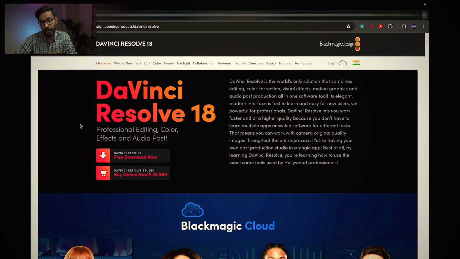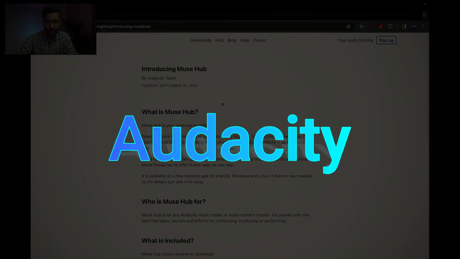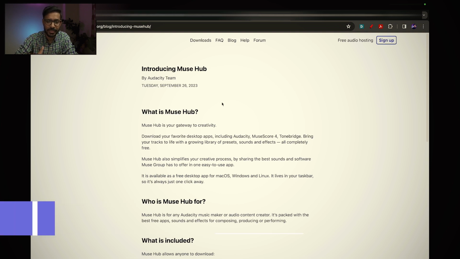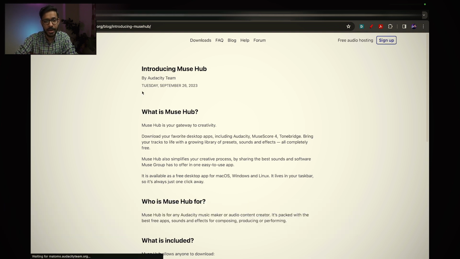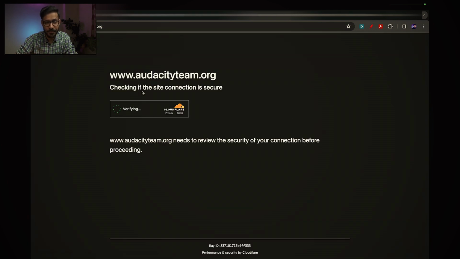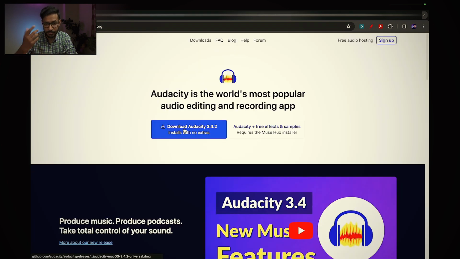Now we have spoken about the photos, the videos. Now let us talk about sound. Audacity is the program that I recommend for simple sound editing. Audacity can be used to record your sound, and it can be used to do simple